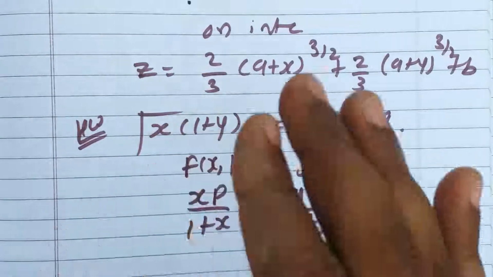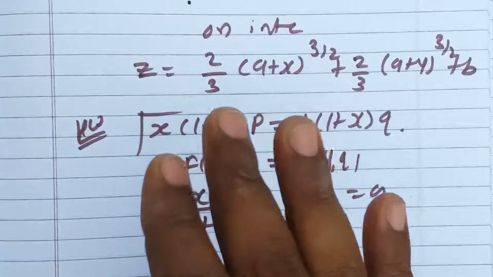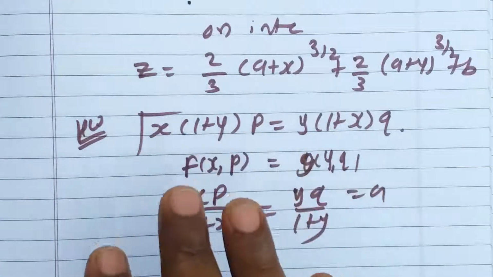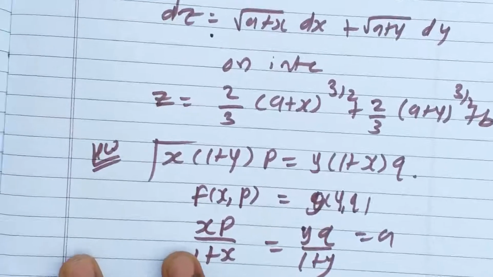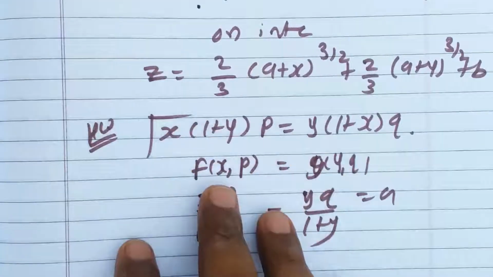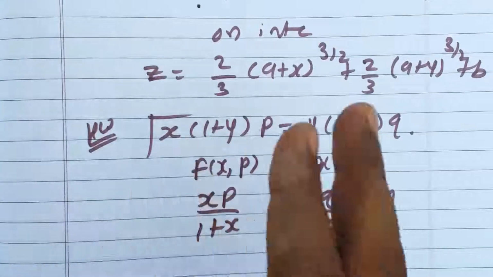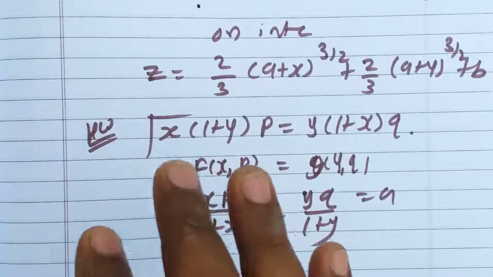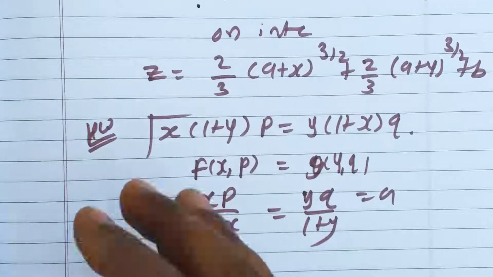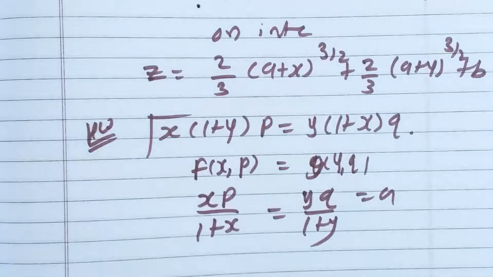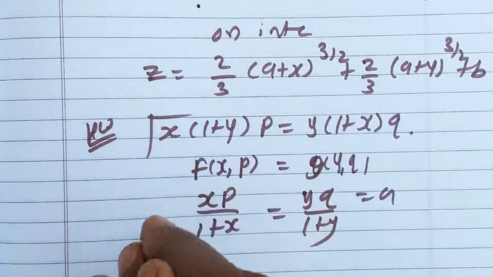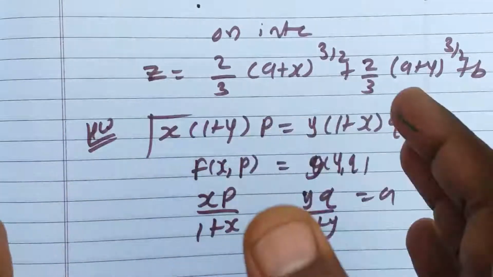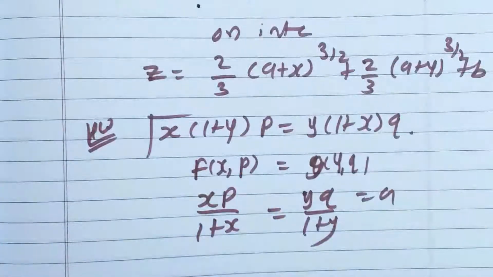Otherwise, if you want to solve all these equations using the Charpit method, still you can do it. You are going to get the same answers. So it is just an additional technique that you must know. Even if you are doing all these problems by the Charpit method, there will be no issue. By using the previous lecture technique, similarly you can proceed and get the solution. But this is a short technique. Without using that auxiliary equation method, you can easily get the solution. So hope you understood all these things,